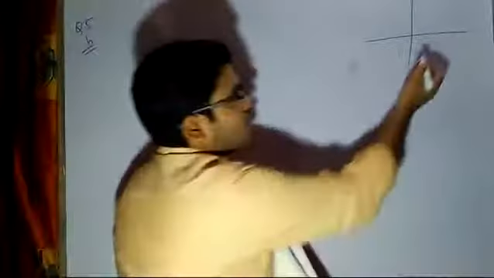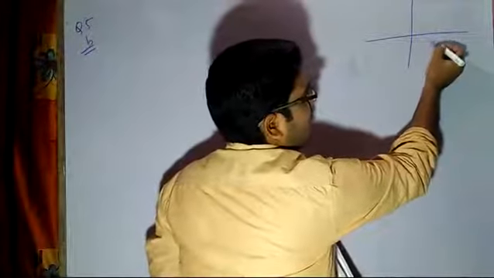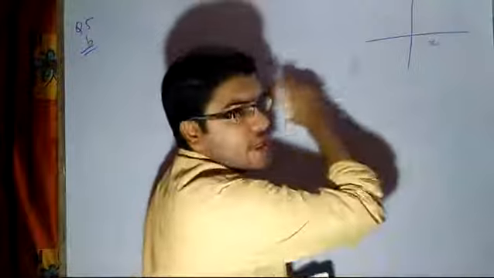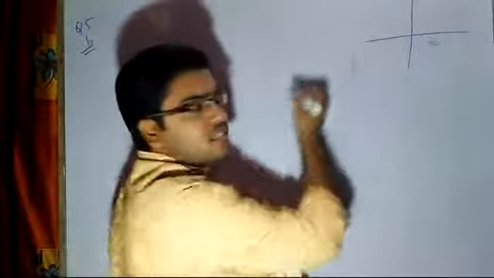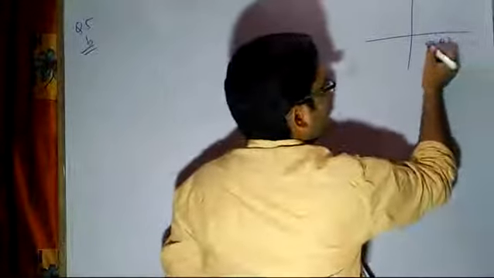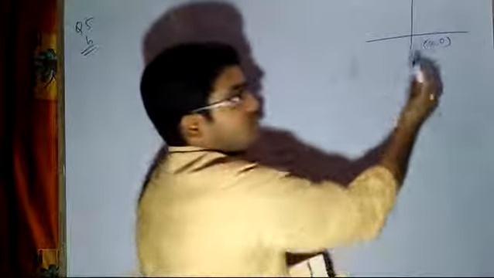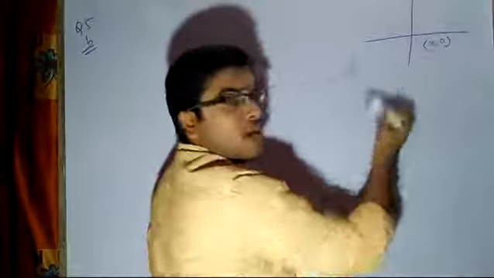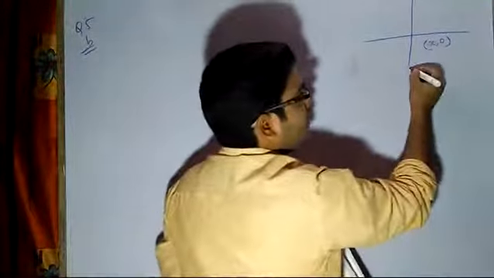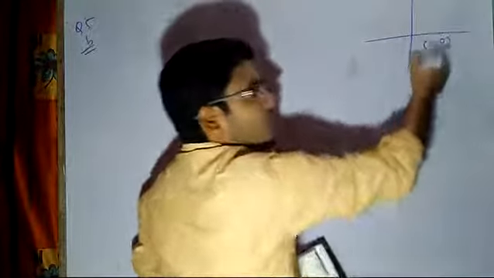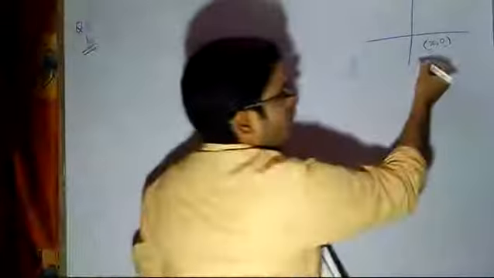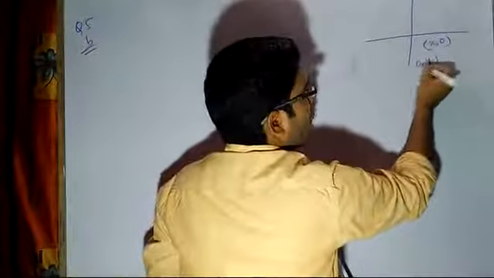The point is lying on the x-axis, so definitely it will have an abscissa, and on the entire x-axis, the value of y is 0. So this will be your 0. So wherever you assume the point on the x-axis, the coordinates will be x comma 0. Similarly, whenever you have to assume a point on the y-axis, then your point will be 0 comma y.